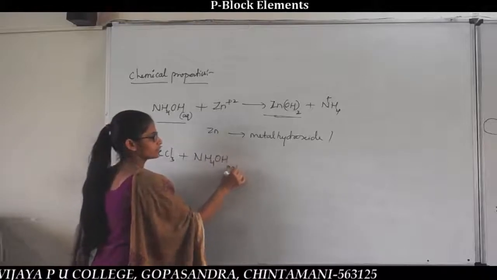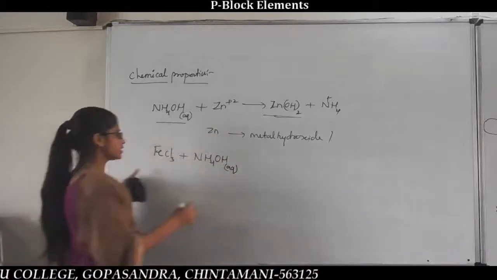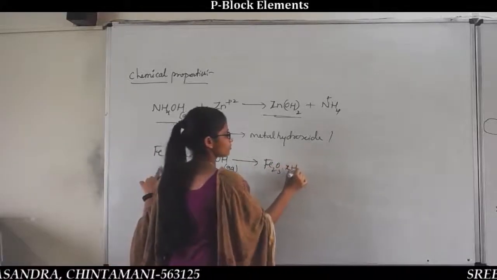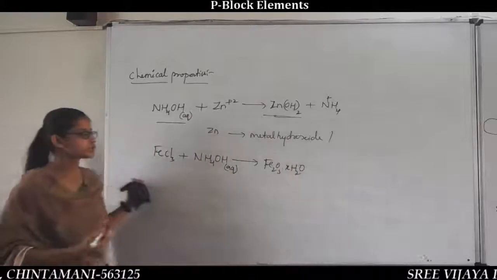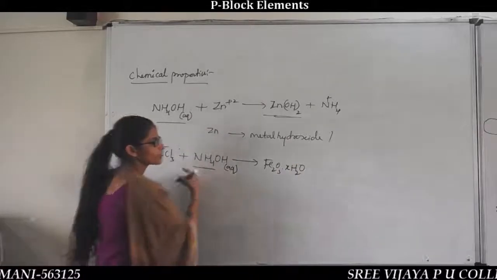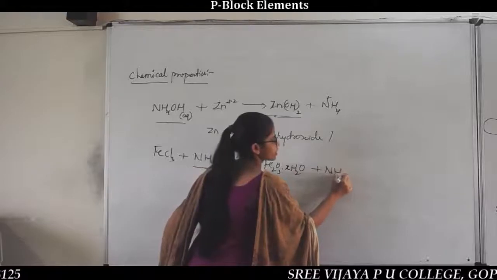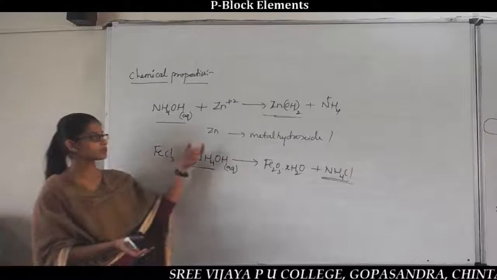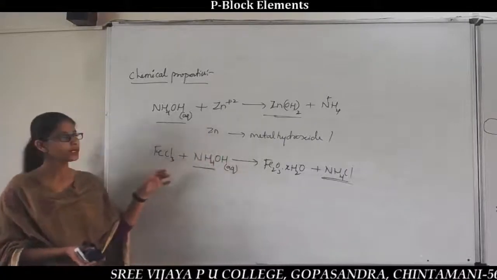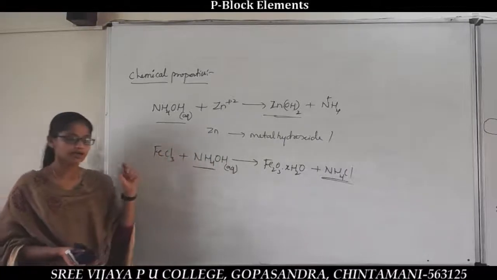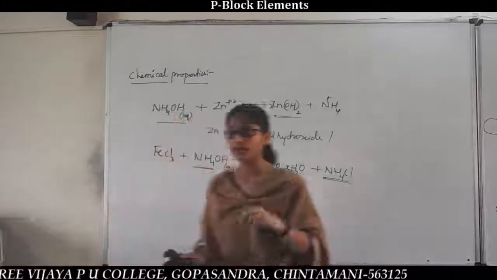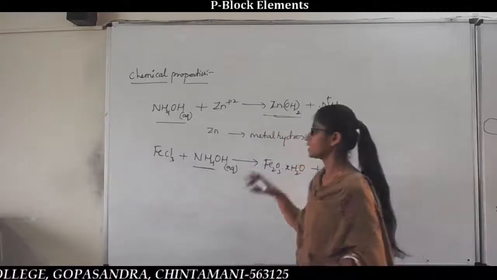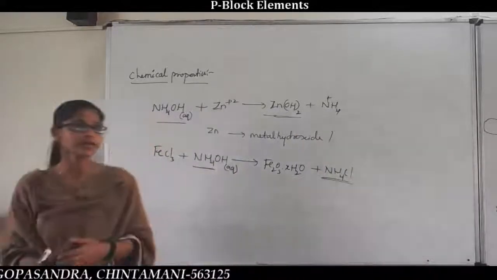aqueous ammonia, taken as ammonium hydroxide. It gives Fe2O3 (hydrated), and a molecule of water is formed. Along with the salt, ammonium chloride is formed, the ammonia and chloride combining, and it is eliminated as a byproduct. So what do these reactions indicate? When aqueous ammonia reacts with metal salts, the salts of metals, it gives metal hydroxides or hydrated salts of metals, which is also one of the chemical properties of a